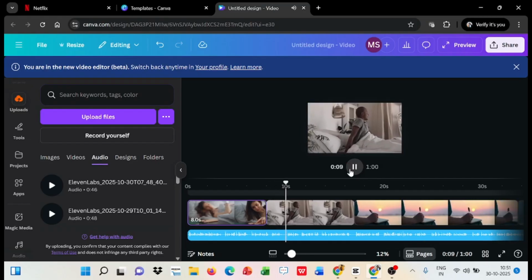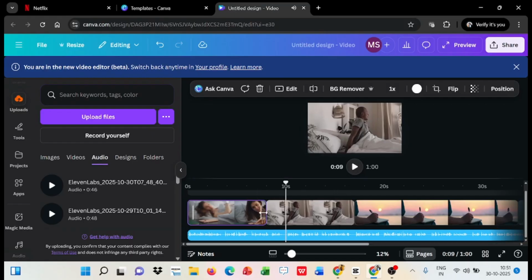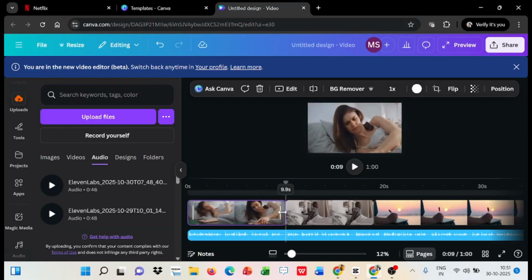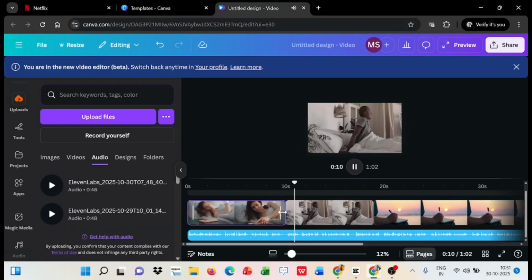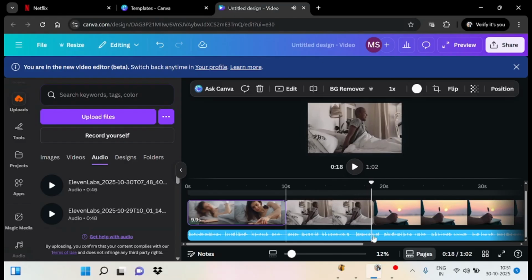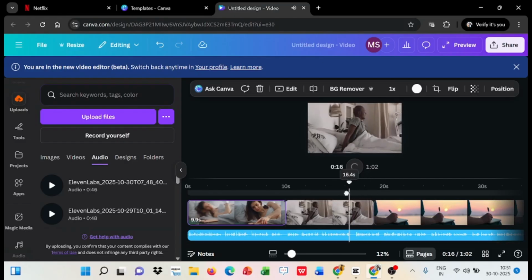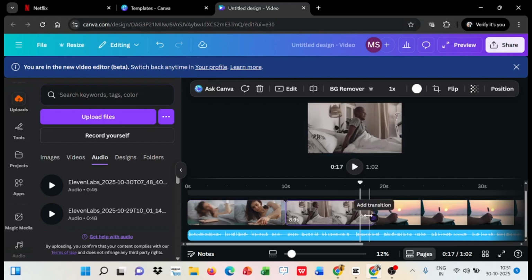Then on the second video, I listen to the audio as well. Okay, let me readjust again. On the second video, I want to hear the audio, then readjust the video. I want it to stop here, so I'm going to readjust here. That's where I want it to stop. So select on it, then drag it